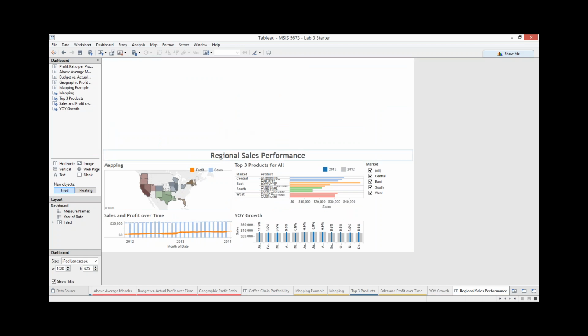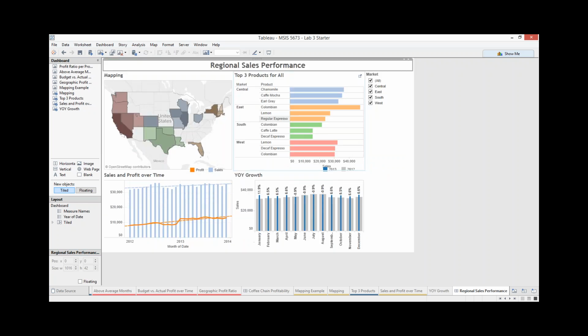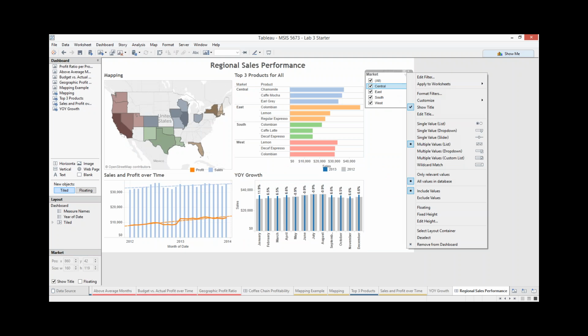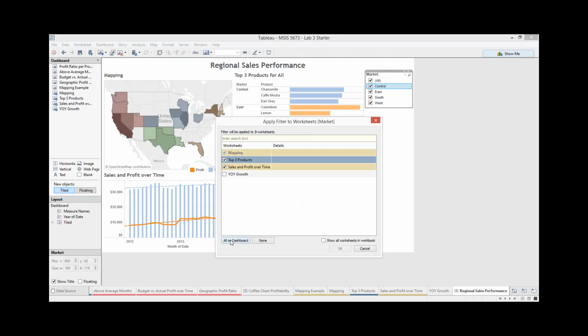Okay. So now I'm going to click on my dashboard title and drag that Regional Sales Performance up here into the top. Next up, I'm going to fit my market filter into this. So I'm going to click on my market filter. First of all, I'm going to click on this drop down and select Apply to Worksheets, Selected Worksheets, and I'm going to select this option down at the bottom, All on this dashboard,